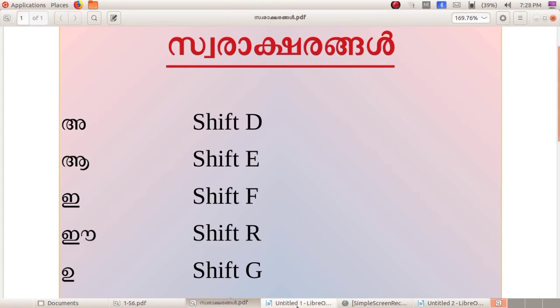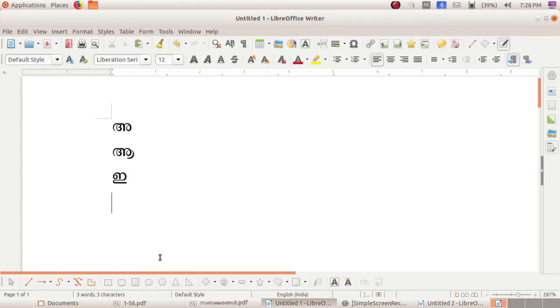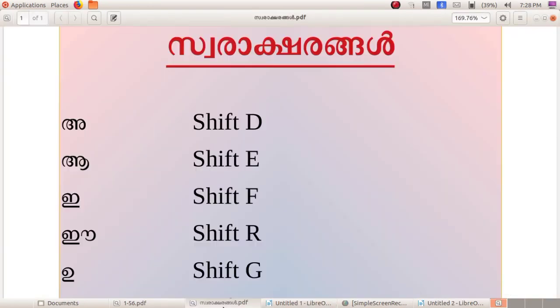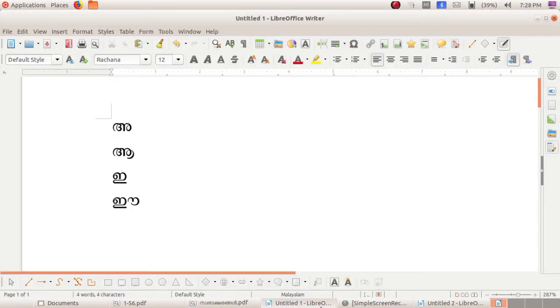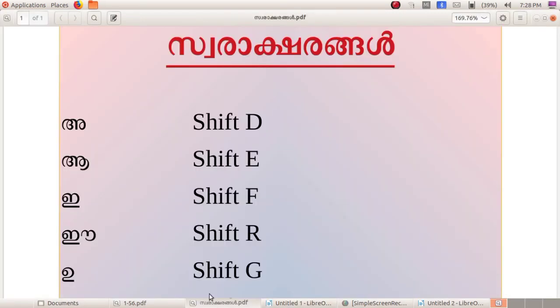Shift plus R. Very good. Then U: Shift plus G. So remember this: A, Shift D; Aa, Shift E; I, Shift F; Ee, Shift R; U, Shift G.